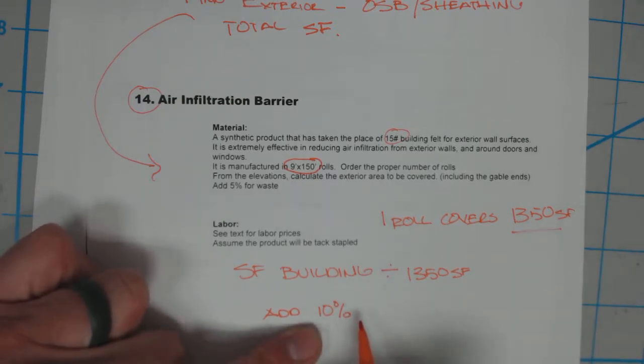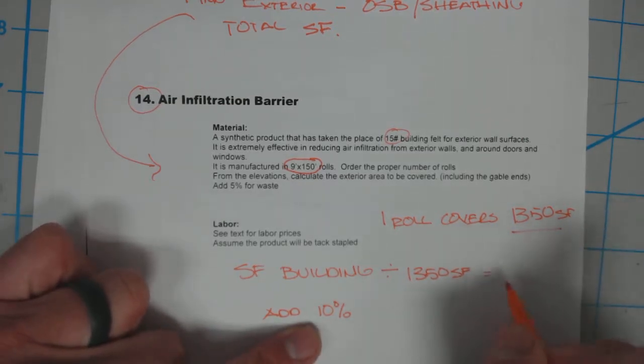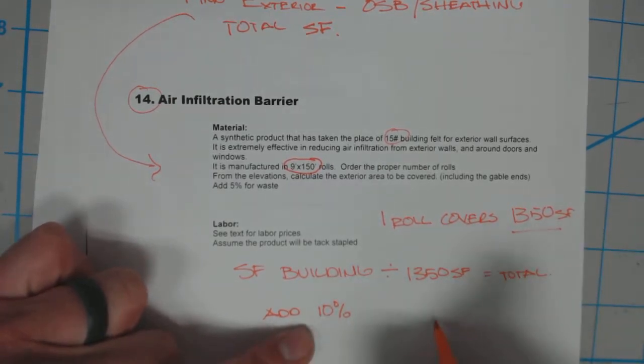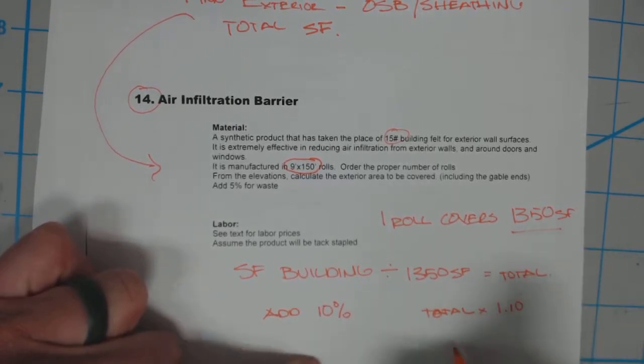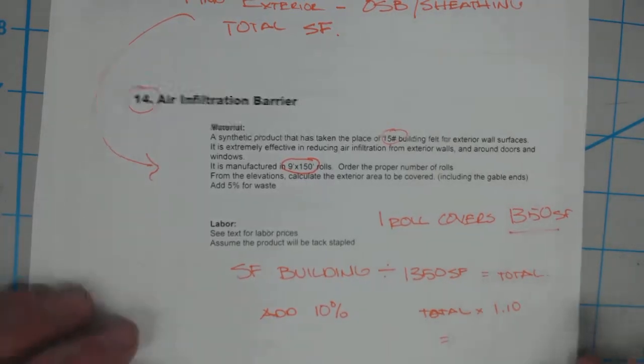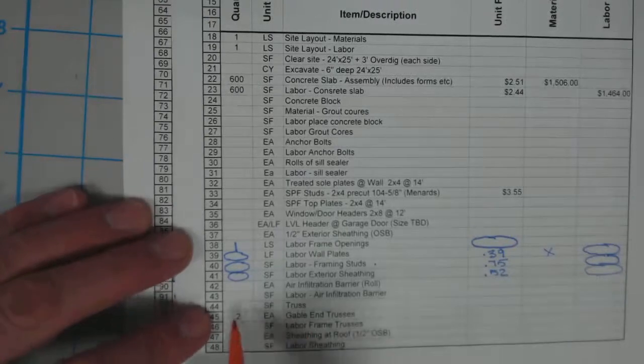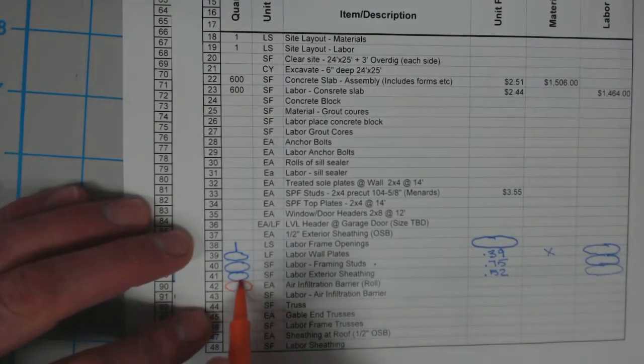So we're going to add 10%. We'll take this total once we're done, and the total will be multiplied times 1.10. And that number will be the total plus waste that we can add into our air infiltration barrier